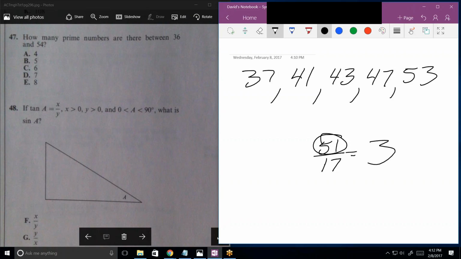Not that either 36 or 54 could be prime because they're both even, but it's still an important thing to consider. When they say between, they mean between, not inclusive of those numbers. Now, if you were taking the test and had to figure out whether 51 was prime or not,